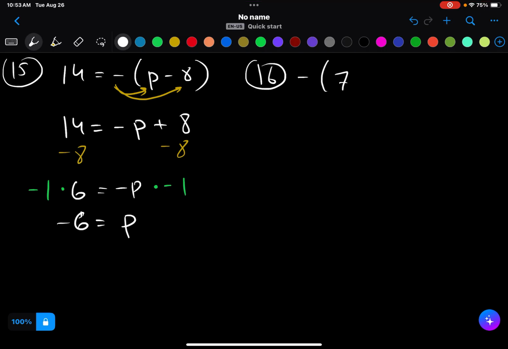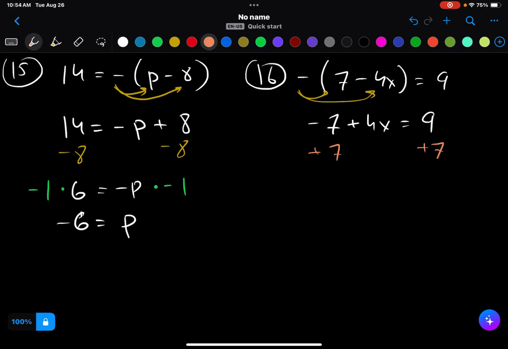All right, very similar problem. You have that negative you got to distribute to everything inside. So let's do that. Negative times 7, that's a negative 7. Negative times negative 4x, that's a positive 4x equals 9. And now it's just a simple two-step equation. We're going to start by adding 7 to both sides. Gone here. So 4x ends up being,